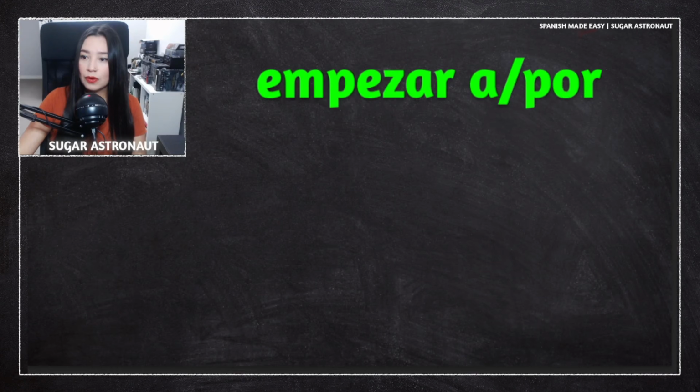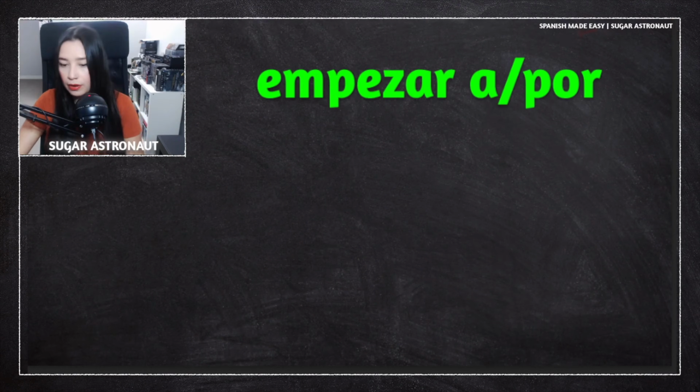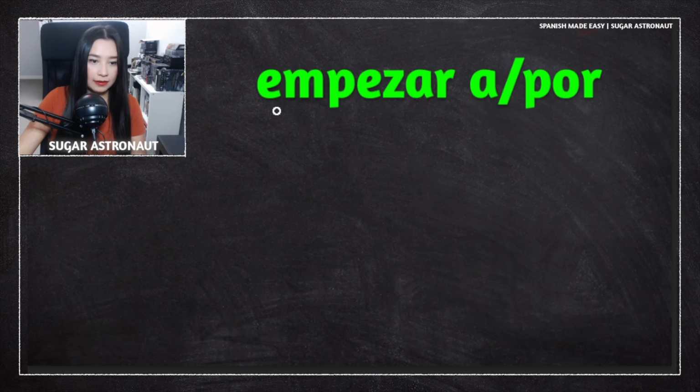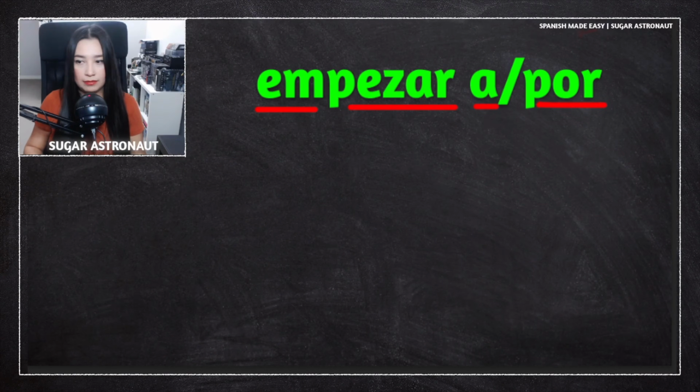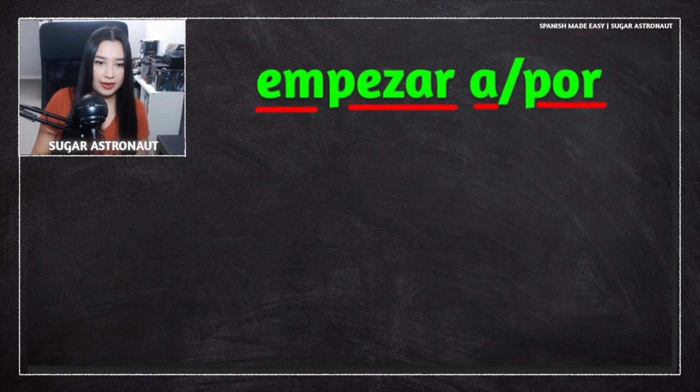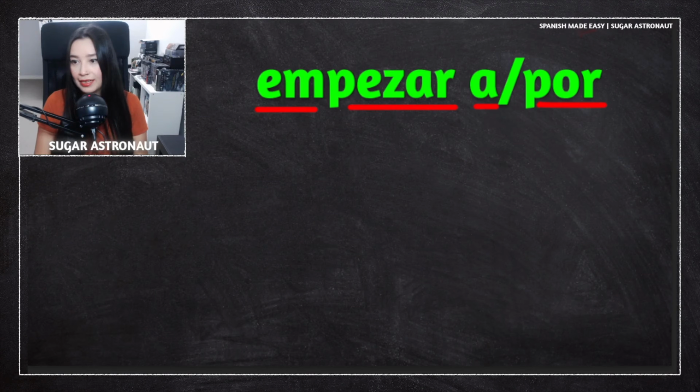Empezar a or empezar por. So we have two different ones. Empezar a, or empezar por. It's either one, not both of them. A, por, no. We need just one. Empezar a, empezar por. And as I told you before, when you want to add more to the verb, if